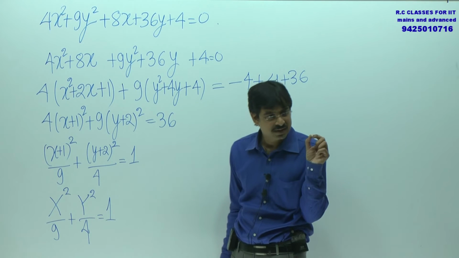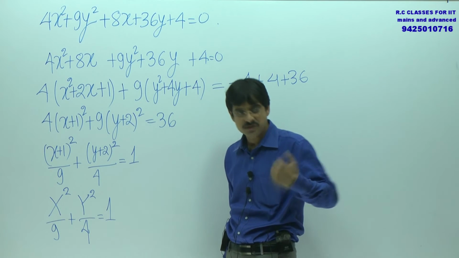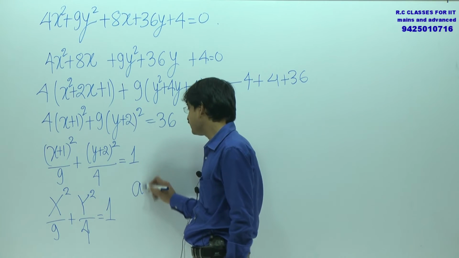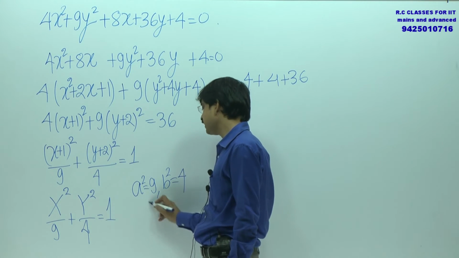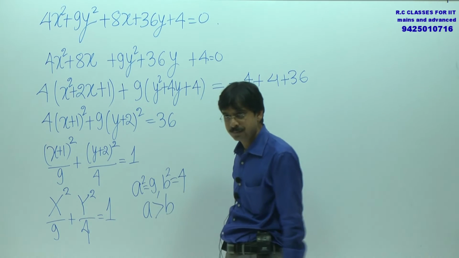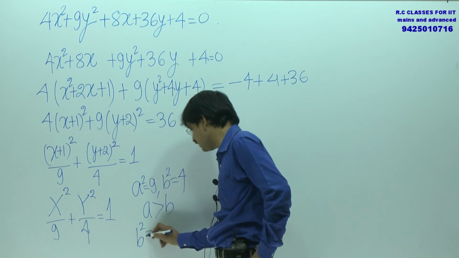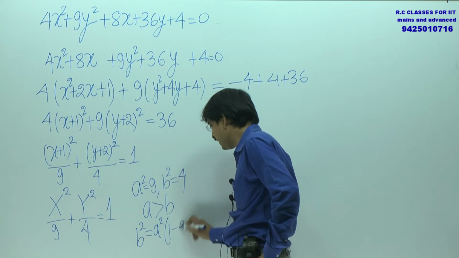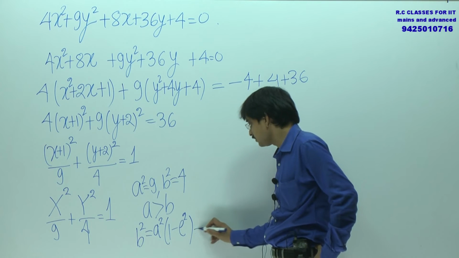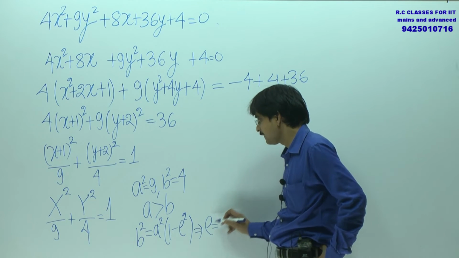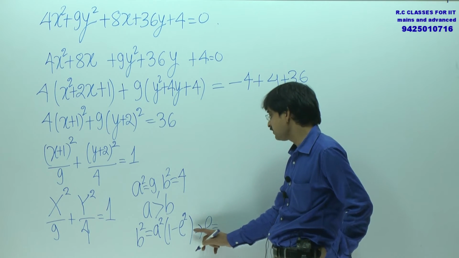X plus 1 has been kept as capital X and in place of y plus 2, capital Y has been kept. Now it is a clear cut case of origin shifting. Value of a square here is 9 and value of b square here is 4. Clearly it's a case of a greater than b. As far as eccentricity is concerned, b square is equals to a square times 1 minus e square. Can you tell me the eccentricity here? Here b square is 4, so 4 by 9 equals 1 minus e square,